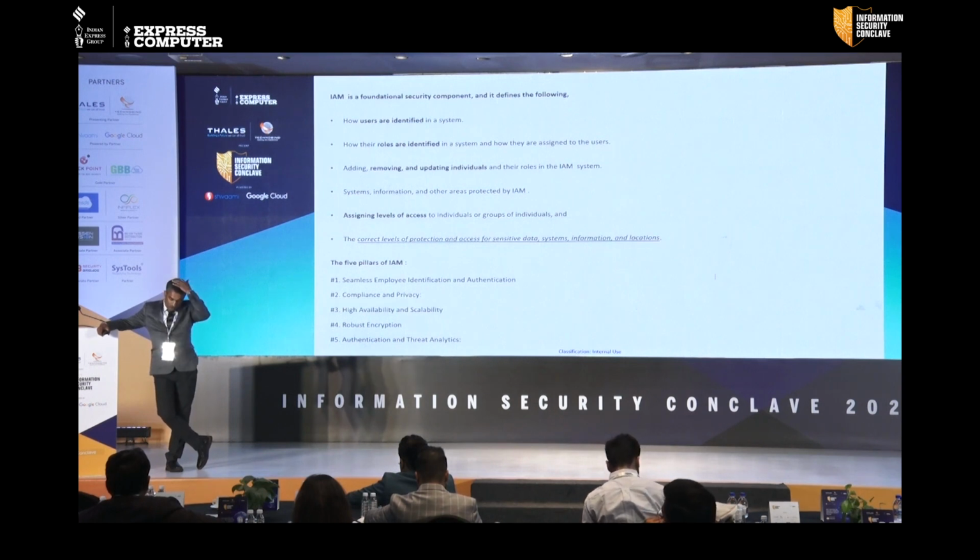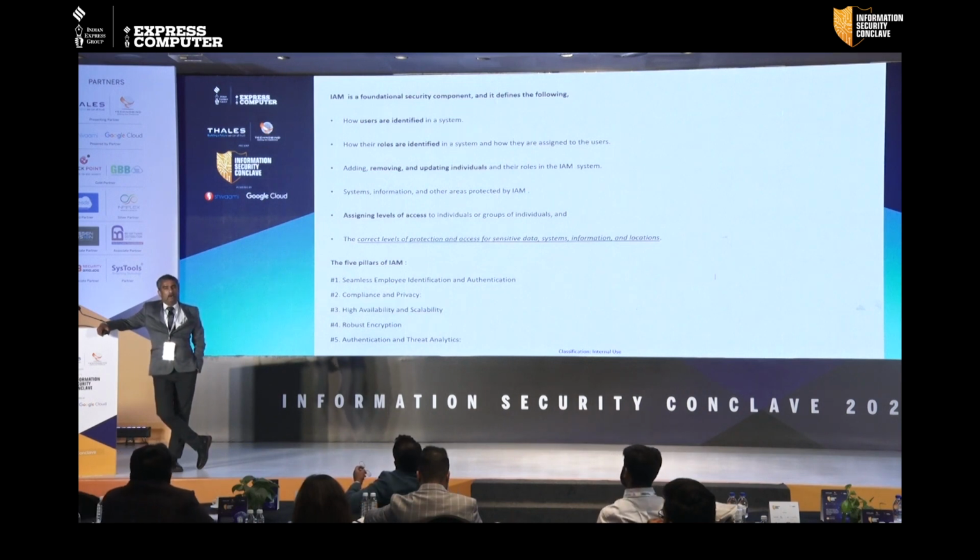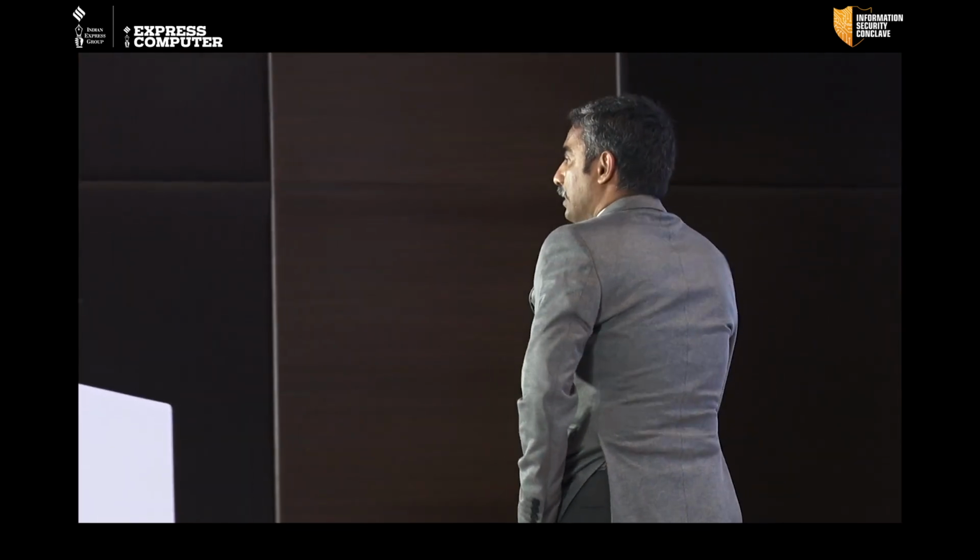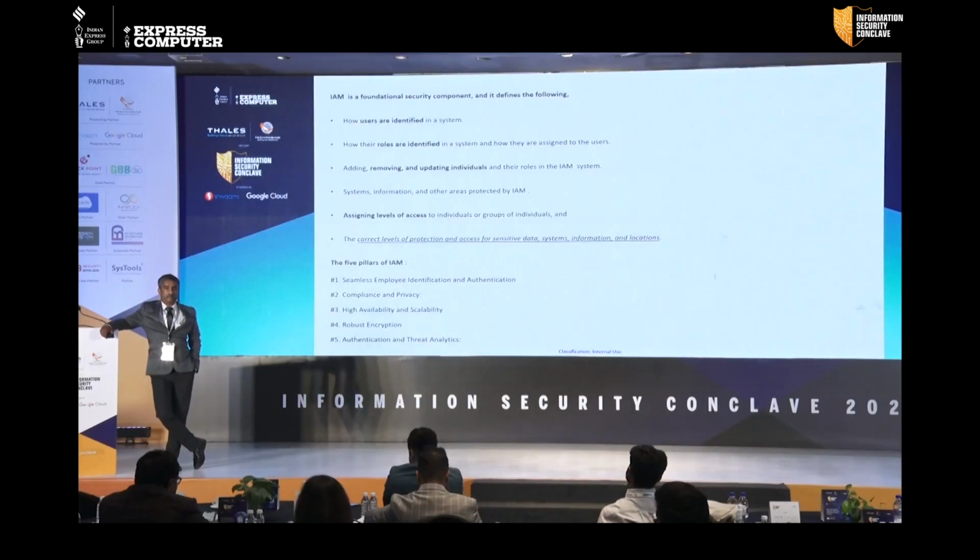So again, what is the main purpose any effective identity and access management solution can achieve for all of us? It is having the sensitive identities protected in a correct manner, and having the data, systems and information classified at all the locations. So there are key pillars for identity and access management which help any organization keep threat actors at bay.